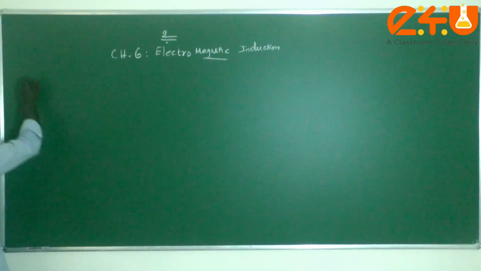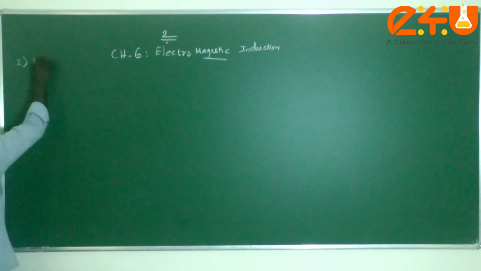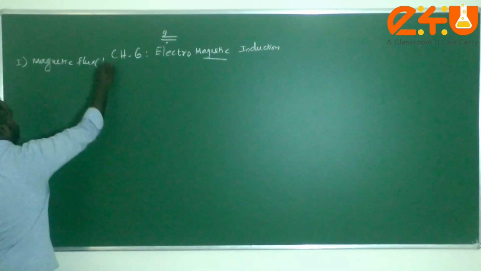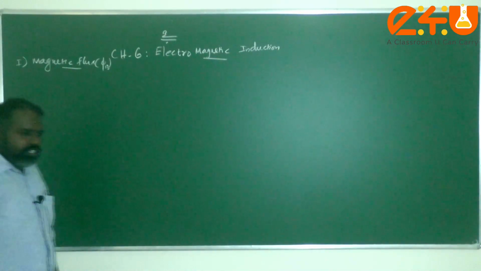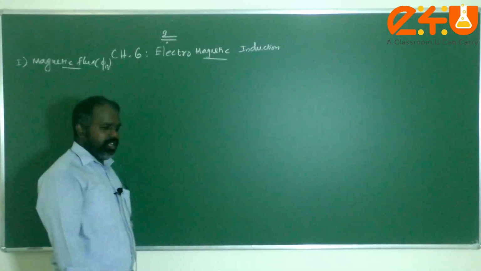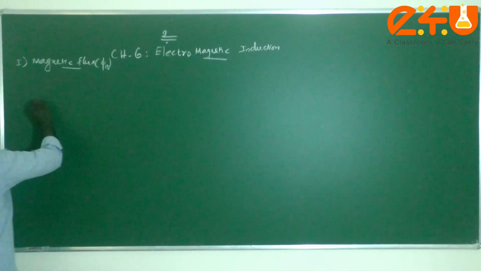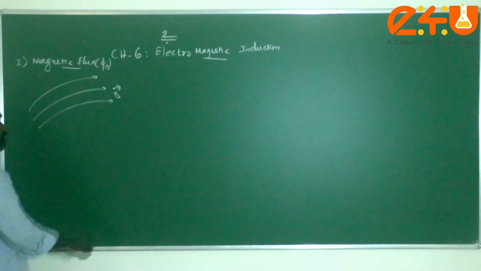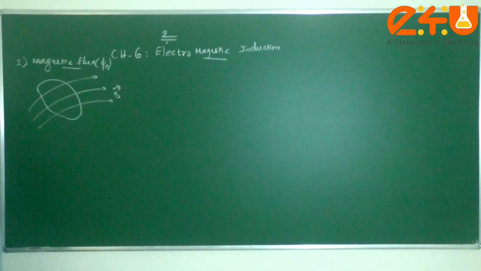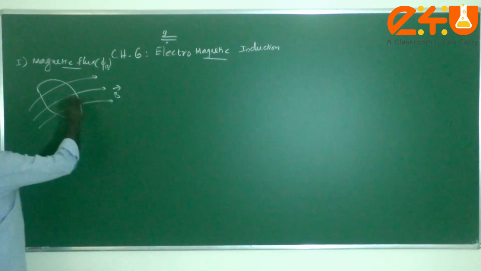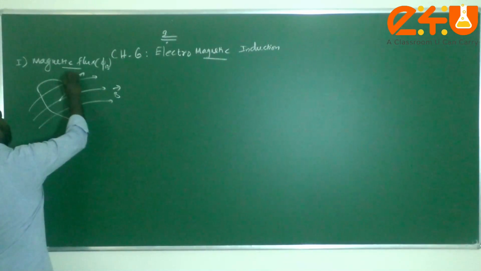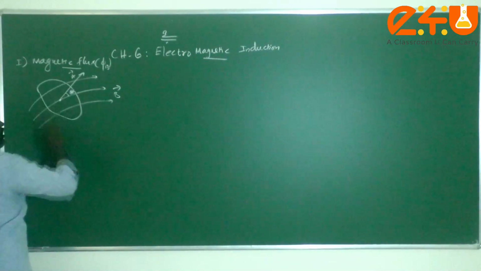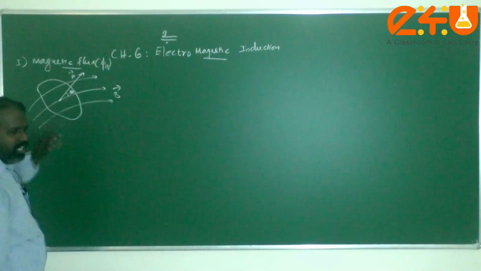The first thing we are going to discuss is what is magnetic flux. In the previous lesson we discussed that the total number of magnetic field lines passing through the given area is called magnetic flux. Let us consider some external magnetic field present in some region. Consider some imaginary closed area. The area vector is the outward normal, and this is the angle theta, the angle between the magnetic field and the area vector.